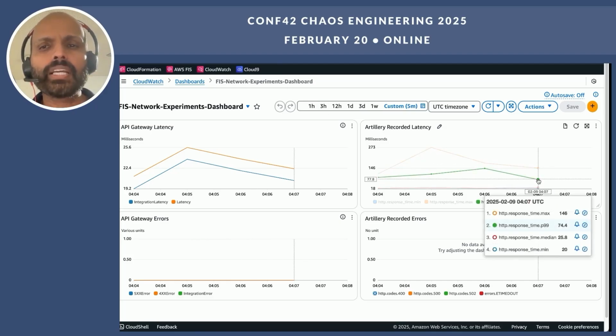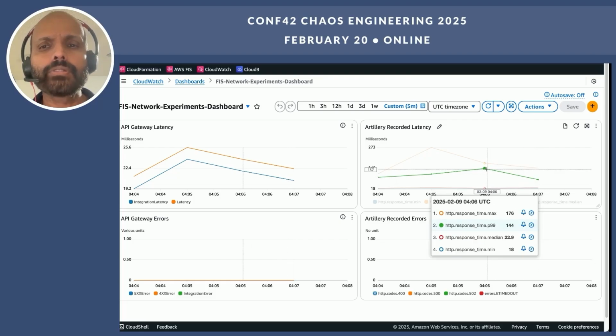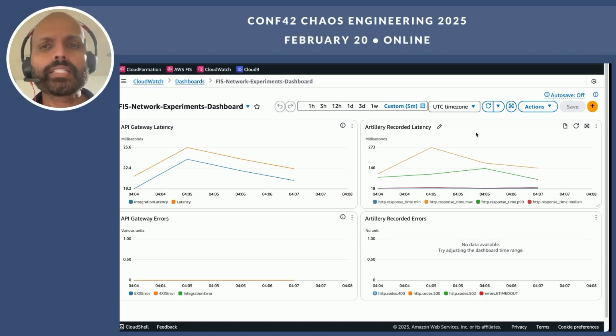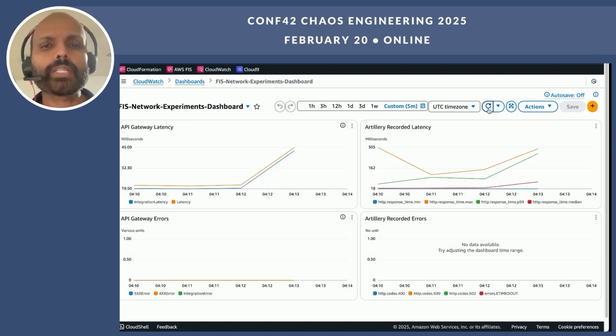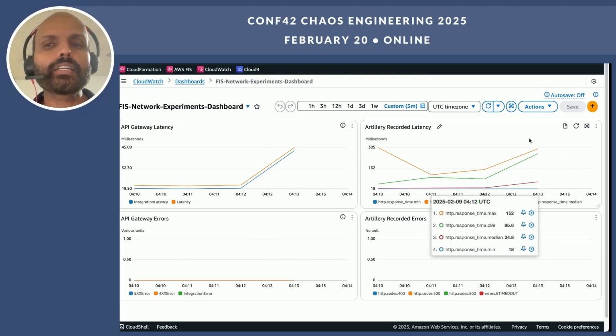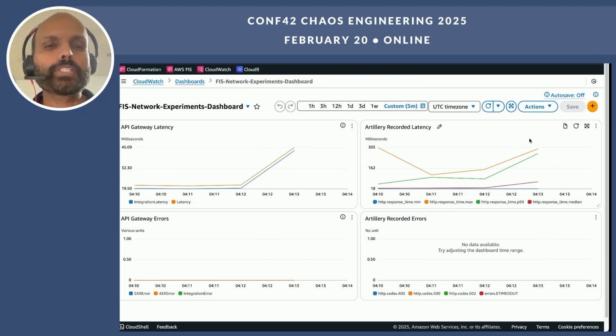So here our P90 values were in the steady state 75 to 150 milliseconds. Let's see how it has changed with this experimentation. Yeah, so you can see, as expected, the average latency here has gone up from a system perspective and a real user monitoring perspective, right?